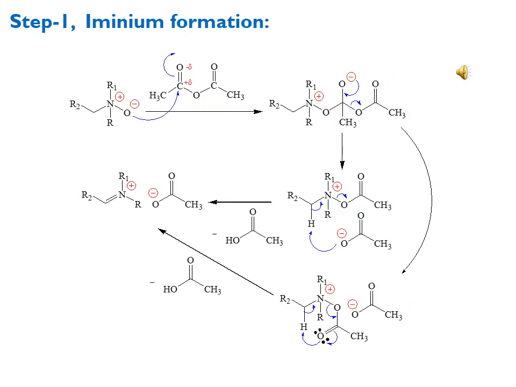Here is given the stepwise mechanism with respect to acetic anhydride, and the first step is the formation of the iminium ion. At first the oxygen with nucleophilic character attacks the carbon of the acetic anhydride. Here the first question is why these nitrogen and oxygen are given positive and negative charges. Then we say that basically this is a coordinate covalent bond between nitrogen and oxygen, in which the lone pair of nitrogen